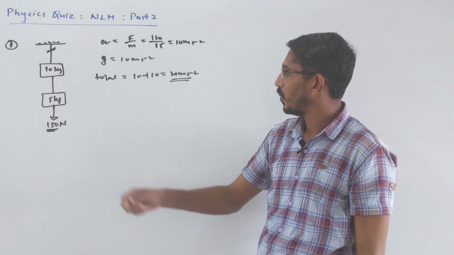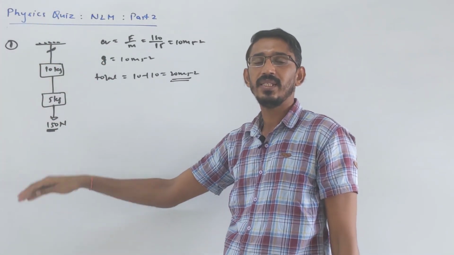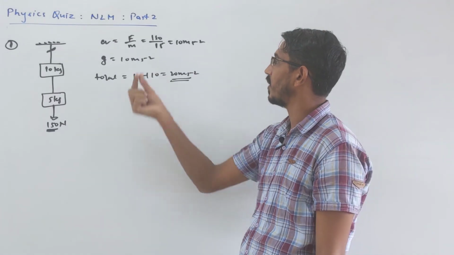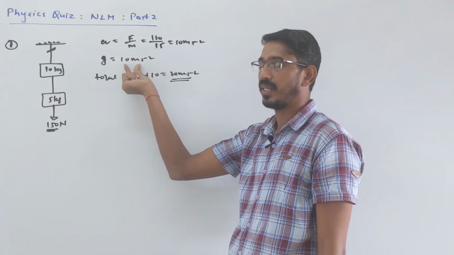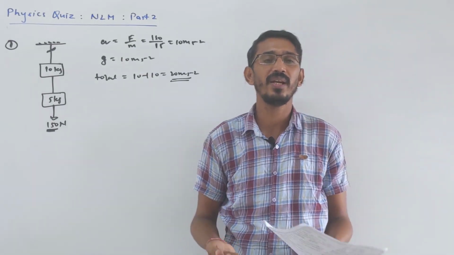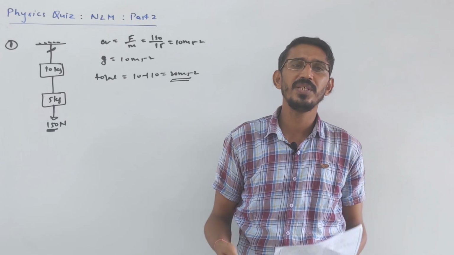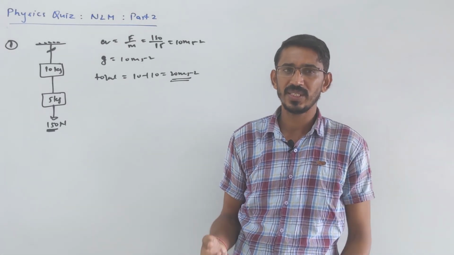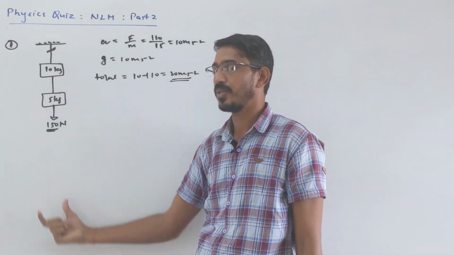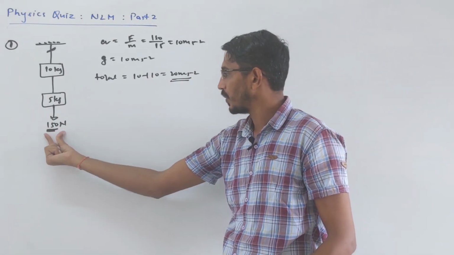But I am saying, suppose this force was not given, you just cut it here, they will fall freely. In that case the acceleration of the system will be just g only, 10 meter per second square. And do not confuse this question with that lift problem, where the lift is moving downward and you say that the weight becomes mg minus a. It's not that case. They are simply asking what is the net acceleration of the system. So two types of questions: with force, without force.